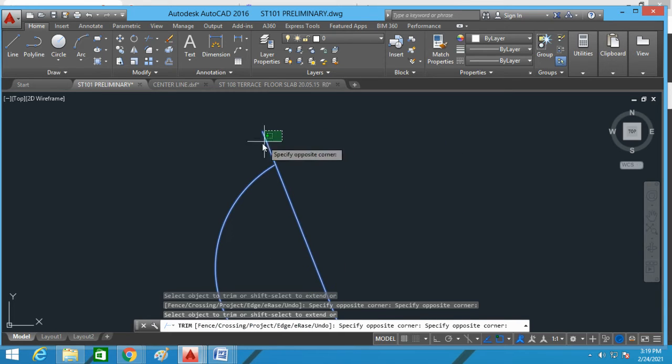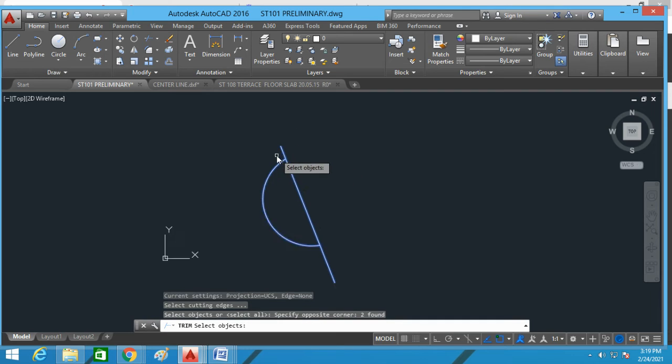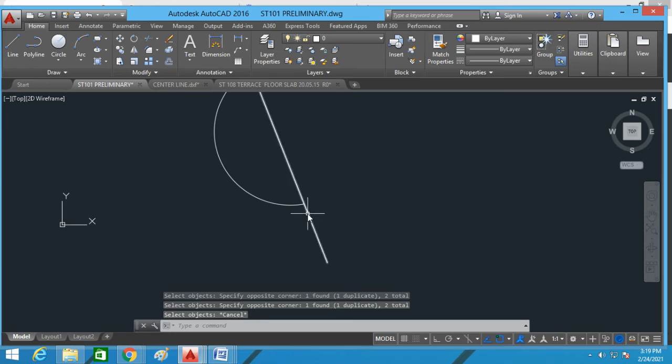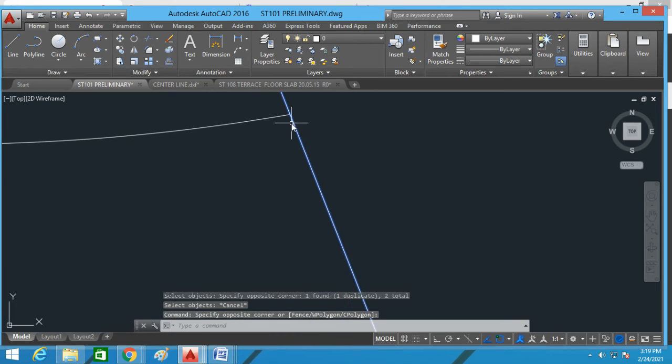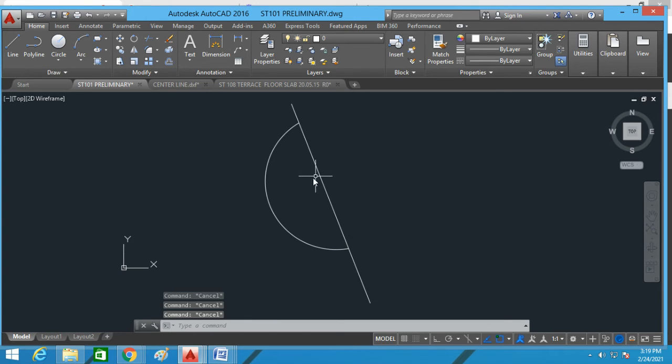If I don't want this much line, I can trim again. Just TR, enter, select the object. I think the object is not selected, but up to that object we can. Okay, next command is